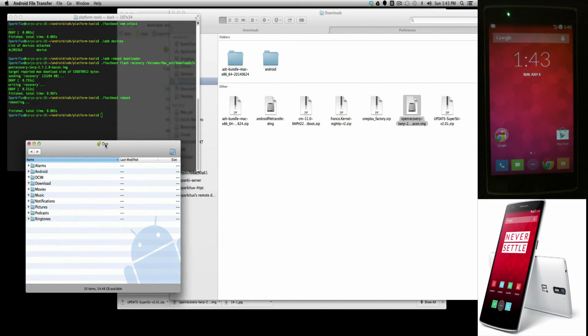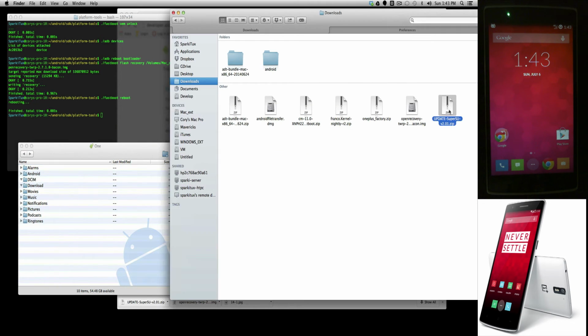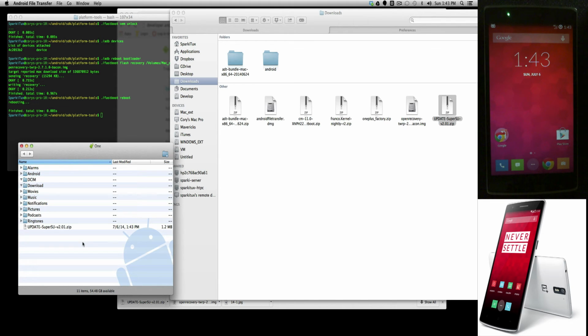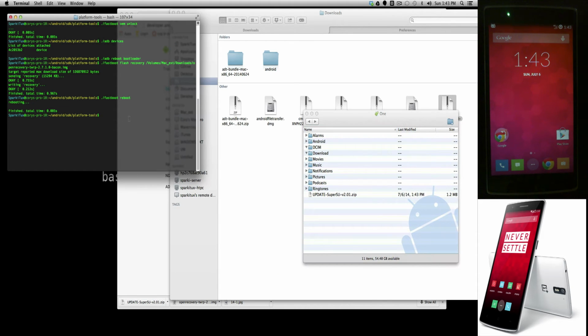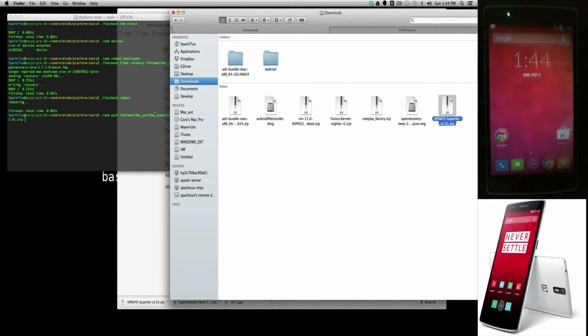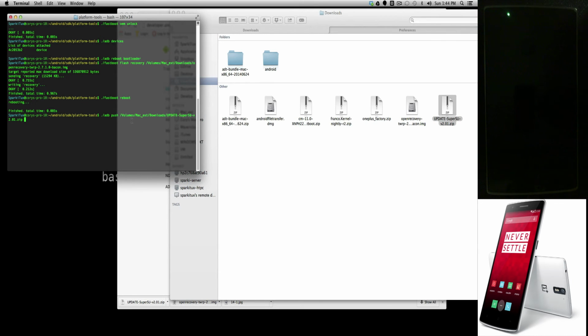So what you can do easily, we can push it via ADB, or we can just grab our SuperUser file and move it to the root of our device. Pretty simple. If you guys want to try it the geeky way, all you have to do is type in ADB push, drag the file over, space, /sdcard/, and it's going to do the same thing. So you have the option of both. After you do that,